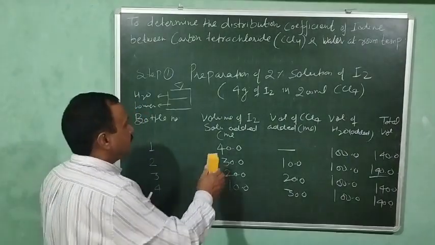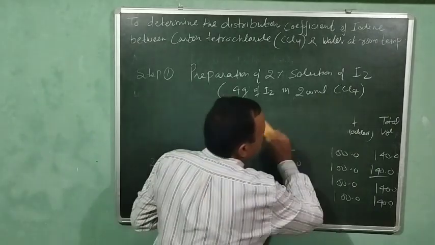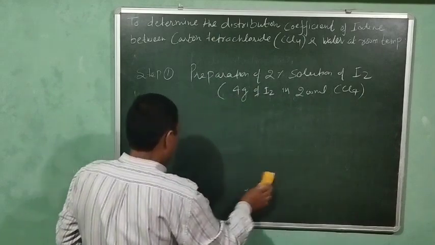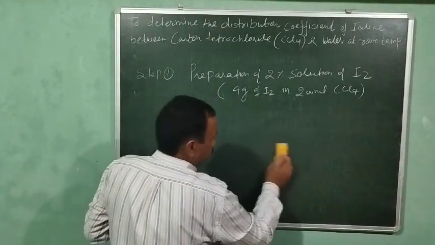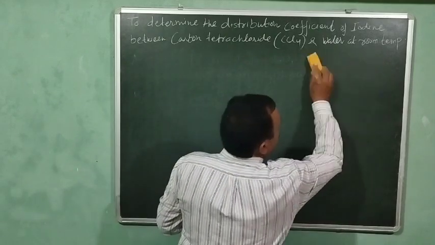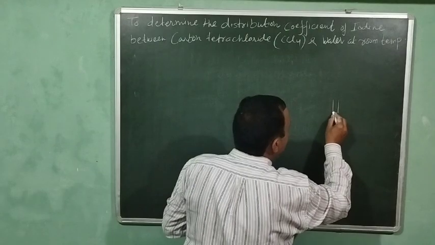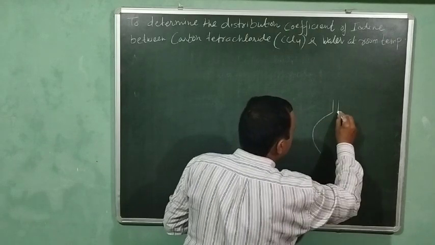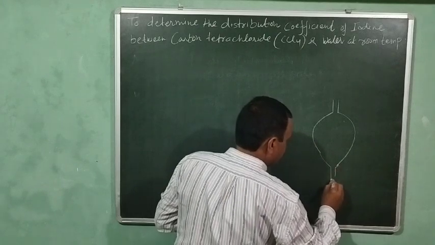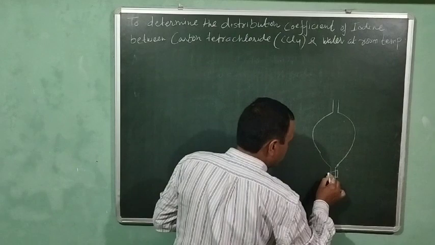ठीक है, तो let us explain how we separate these aqueous and CCl4 layers with the help of a separating funnel. So let us explain it diagrammatically. So here we have a separating funnel. It will be like this. Okay, and it has a knob here,